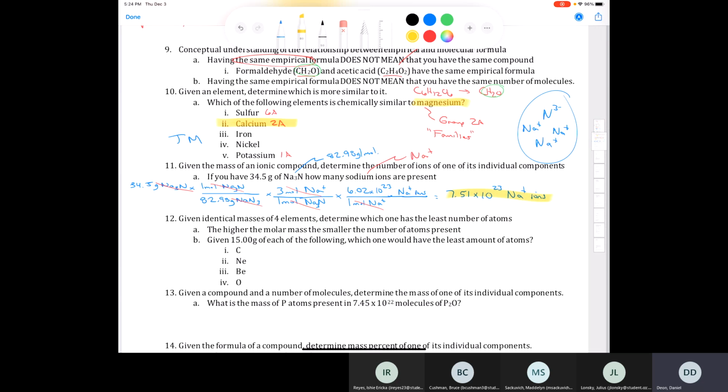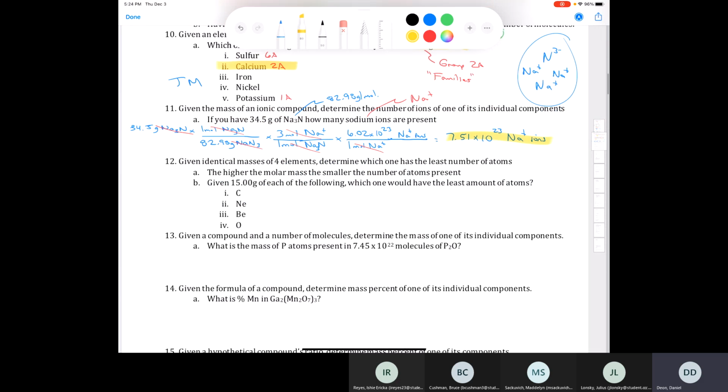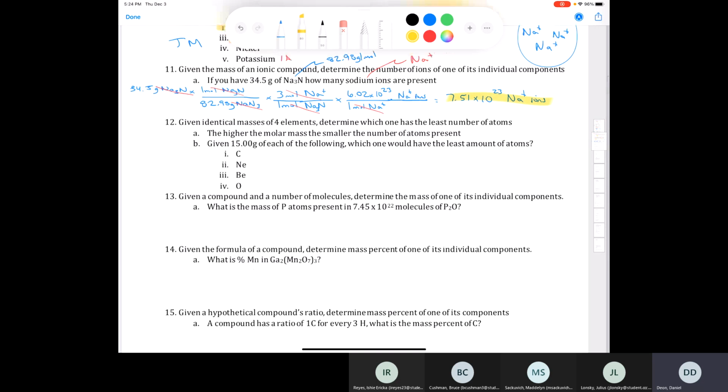Okay, number 12. Given identical masses of 4 elements, determine which one has the least number of atoms. The higher the molar mass, the smaller the number of atoms present. The question says, given 15 grams of each of the following elements, which one would have the least amount of atoms? The way you can think about atoms, if atoms are spherical, which we like to imagine them as being spherical maybe,